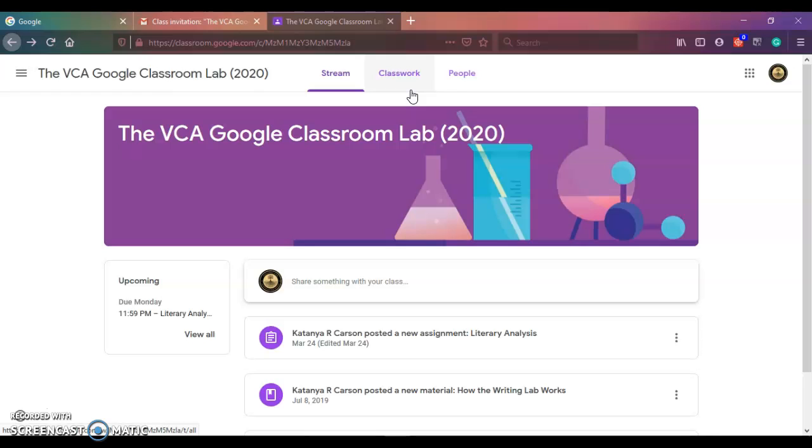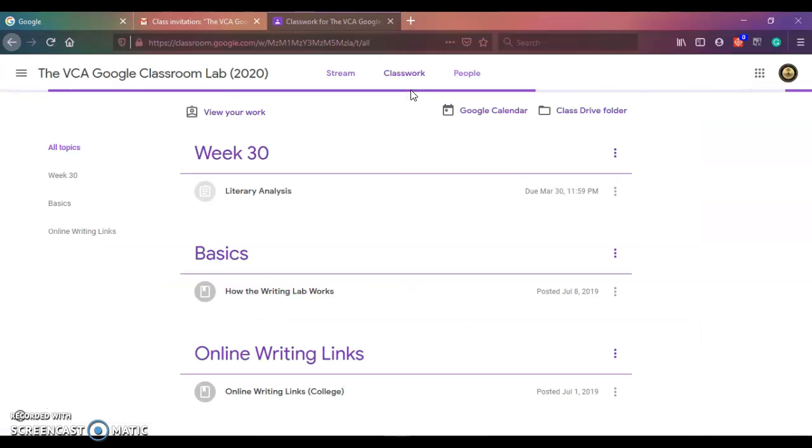This tab here is your classwork. Now this is where students are going to have to pay attention because this is where you're actually going to begin to access your assignments. Your teacher will give each set of assignments a particular topic heading. I personally like to use weeks because I find it easier for me to keep up and not lose track. But I also find that it helps the students. If we're on week 30, then they know go to week 30 and their assignments for that week will be there. So when you receive a notification that something has been posted,